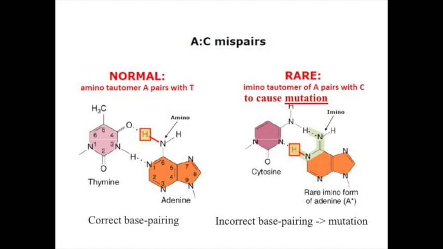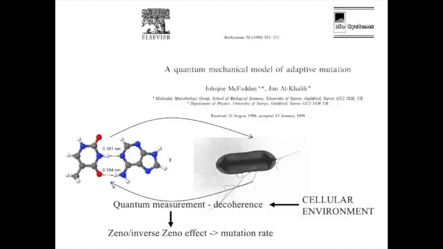What I thought, well, if that was happening inside John Cairns' experiments, then it could be involved in how the mutations became more frequent when they provided an advantage. Now, I then gave a talk at the physics department. I phoned up someone in the physics department and said, oh, I've got this great idea. And they said, well, come along and talk to us about it. So I gave a seminar.